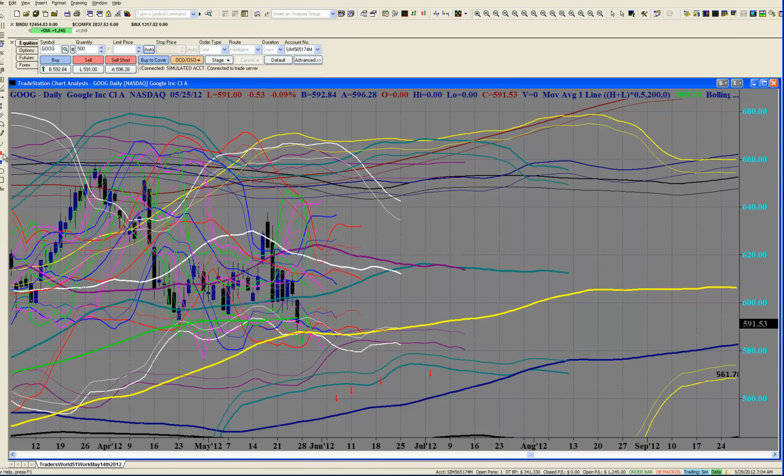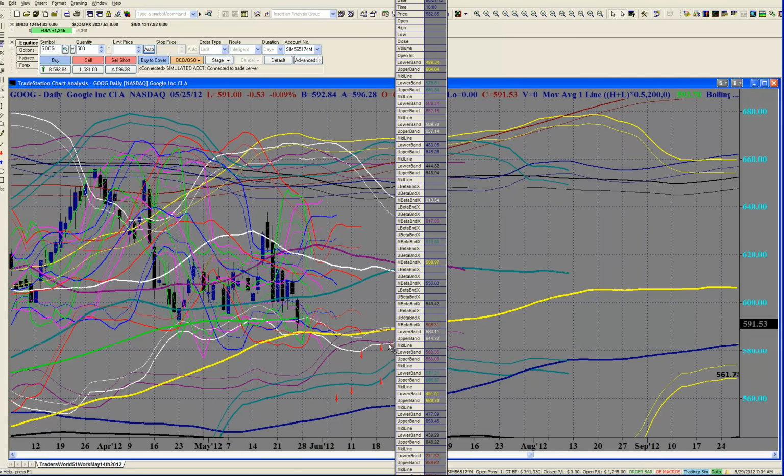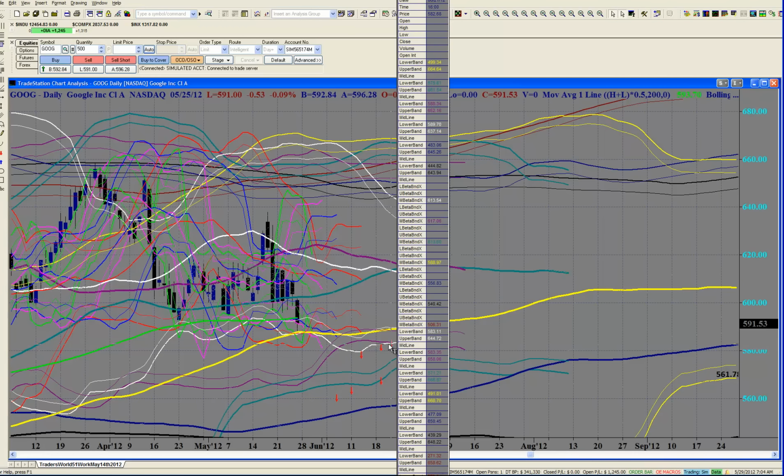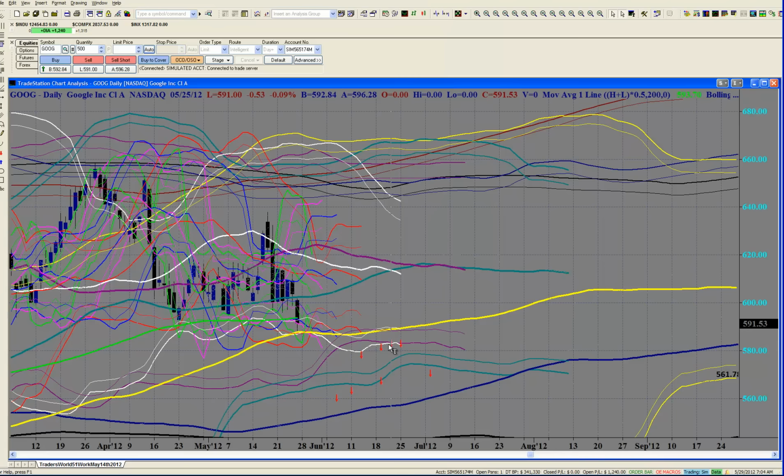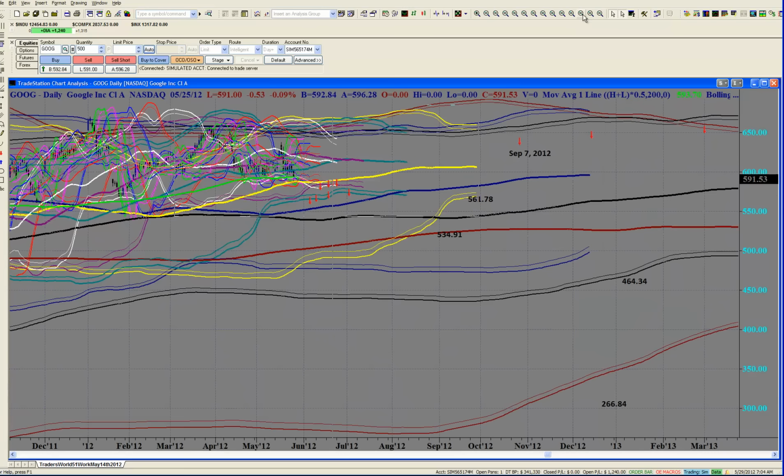Okay, they're kind of overlapping going into the July 18th area. Okay, middle of July, and if we were to get underneath 582.68 and trade underneath there for an entire day, so I mean like the high of a bar being underneath that level, then you're at very, very serious risk of getting a gap down to the 482